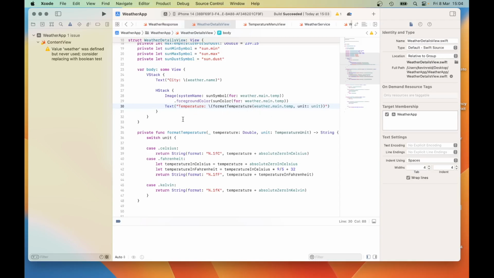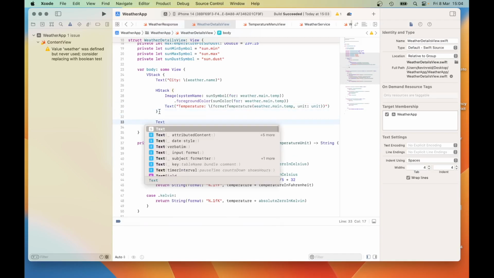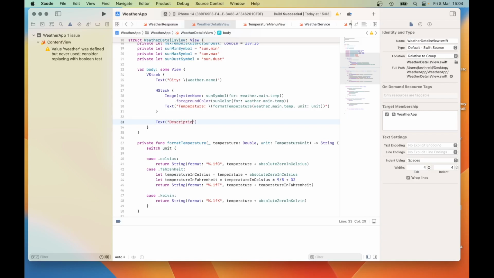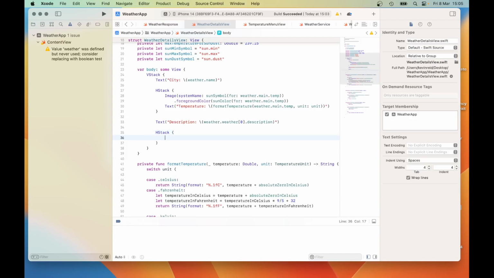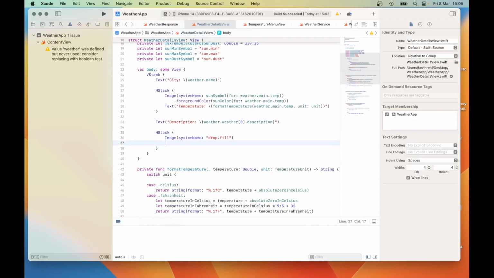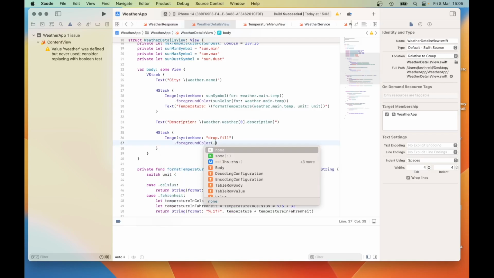The next thing we need to do is include our weather description. Weather description. Underneath our weather description, we need another H stack to display the humidity of the sun. It's image system name drop fill dot foreground color blue,